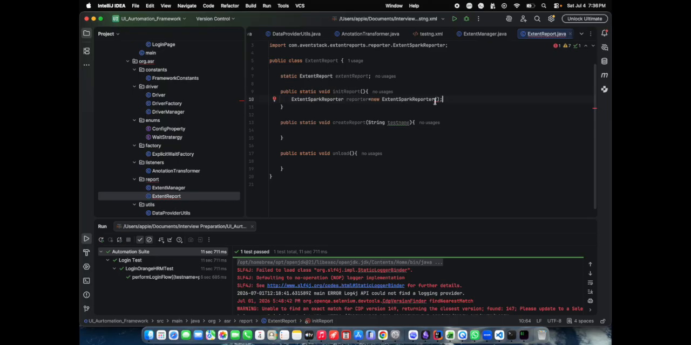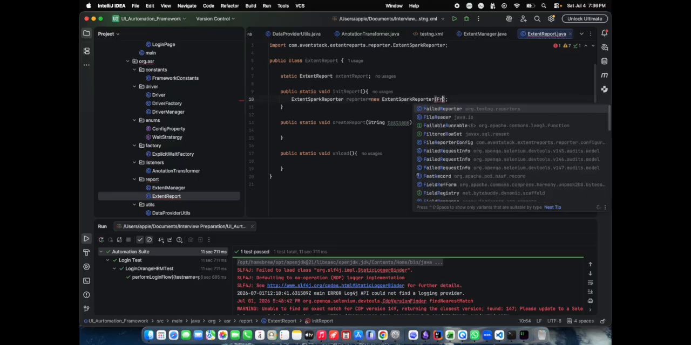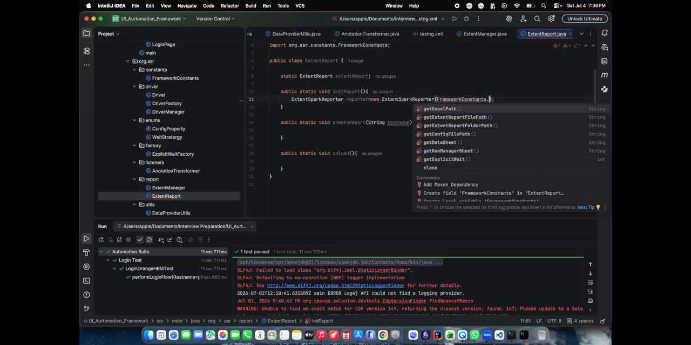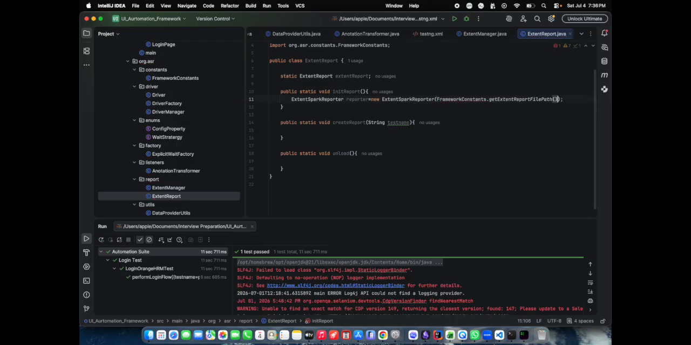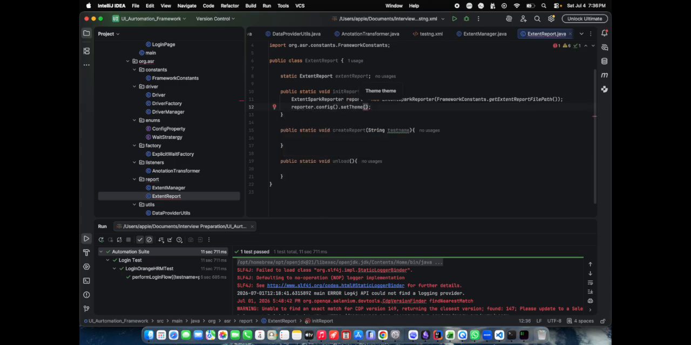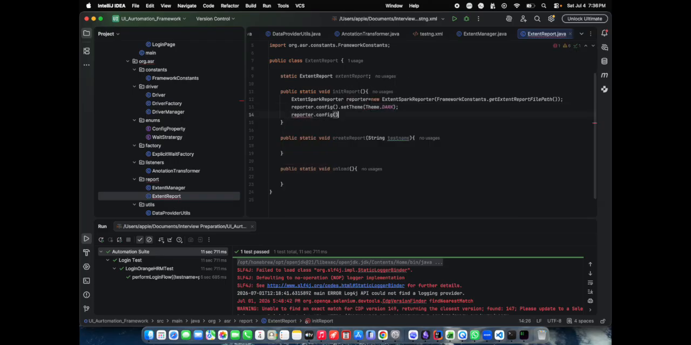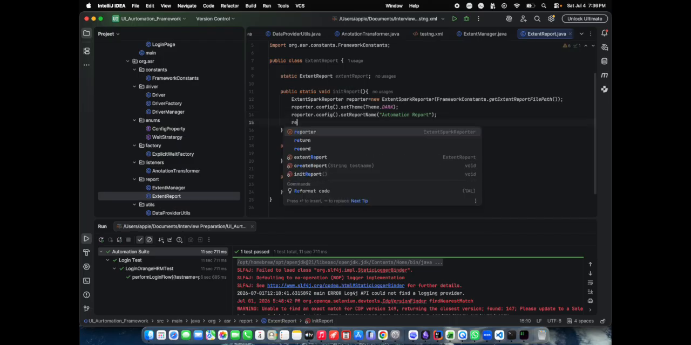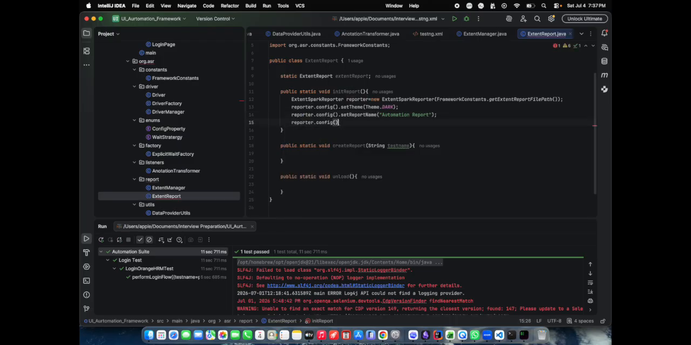Here we need to pass the path of that extent reporter. Constant dot get extent reporter file path, and then reporter dot config dot set theme dark. We can do reporter dot config dot set report name as automation report, and reporter dot config dot